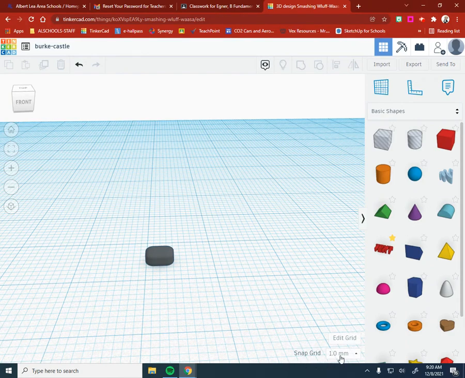So the first thing I'm going to do is I'm going to change my snap grid to 0.5 millimeter. And it's super important when we do this duplication that you follow these steps exactly. And you're going to do this kind of as you're measuring or setting up for the rest of your stuff. So I'm going to do Control D to duplicate it. So I'm going to hit Control and D, and that's going to duplicate it. And now what I'm going to do is using my arrow keys, I'm going to move my arrow key to the right, and you're going to see it's starting to shift out my